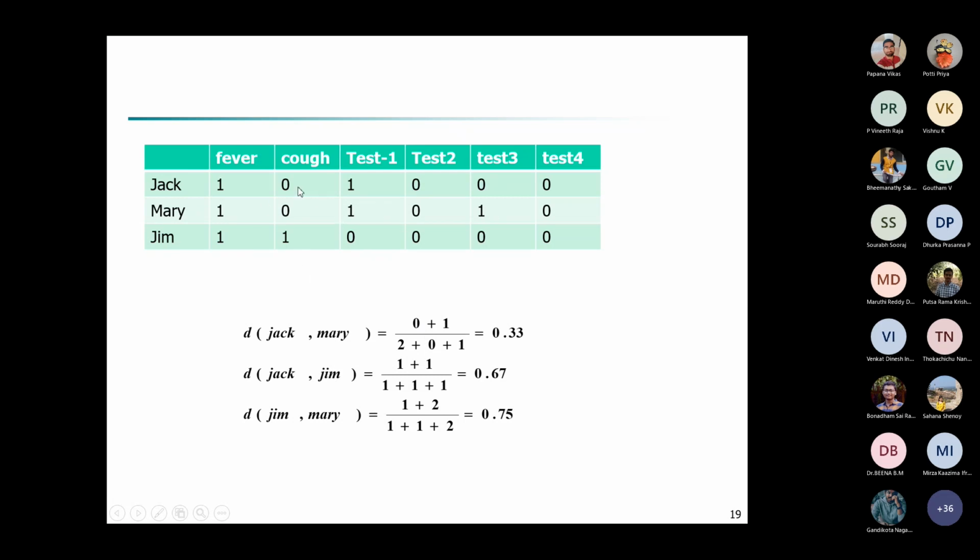How many 1 0 combinations do we have? That is, Jack should have a 1 value and Mary should have a 0 value. Like that, how many attributes are there? Jack and Mary, we are checking. Jack, the first instance, should have the 1 value. Student: 3, ma'am. 1 and 0. 0, ma'am. 0. Why did you say 3? Can you just explain to me?